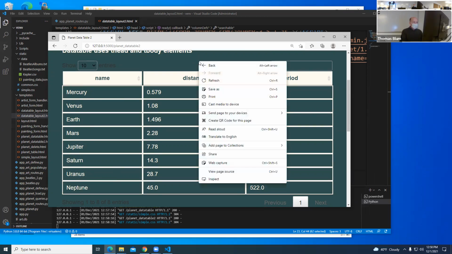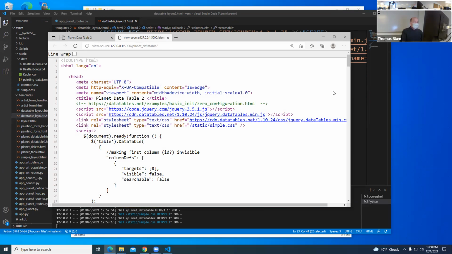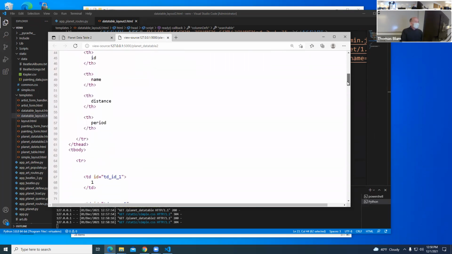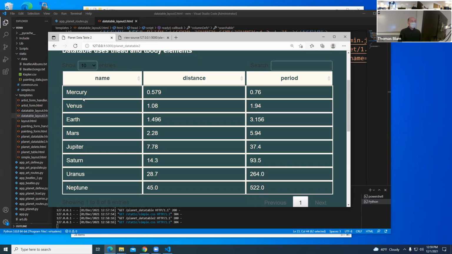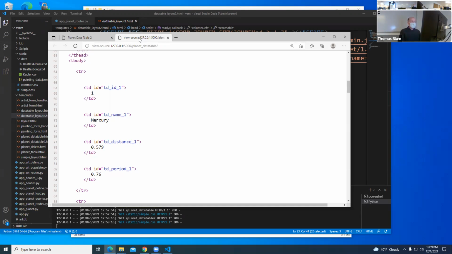And also, let's look behind the scenes. I've given each cell an ID. So here's the 1 for Mercury. It's there in the table, but we're not seeing it. We're not seeing the 1 because we said it was invisible, but it's there. And here are these cells.